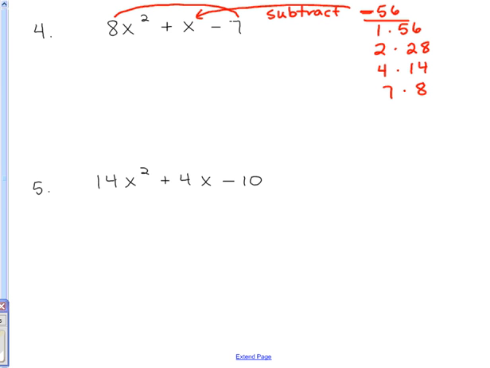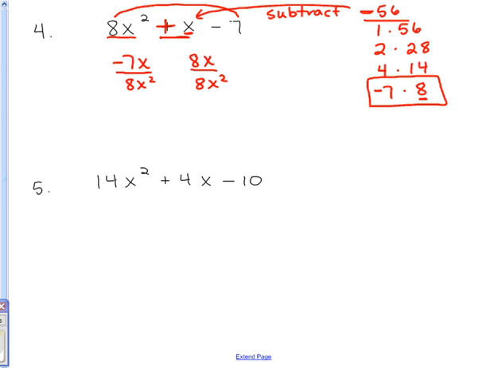Okay, but then you need to figure out which one needs to be negative, which one needs to be positive. So it's always the higher number that will take the sign that's in the middle of your problem, for your middle term. Okay, so that means the 8 needs to be positive, the 7 needs to be negative. So those are the two numbers we use. So I would write negative 7x, positive 8x. Always attach the variable in the middle to those two numbers. Divide by the first term in my problem. So I divide by 8x squared